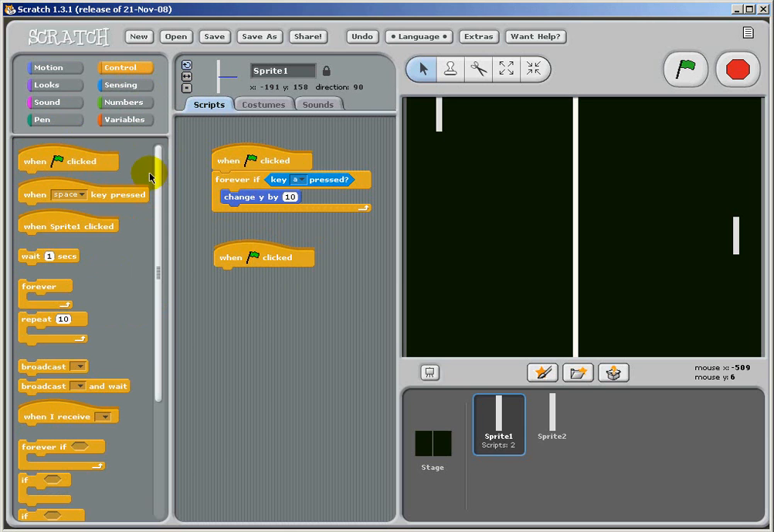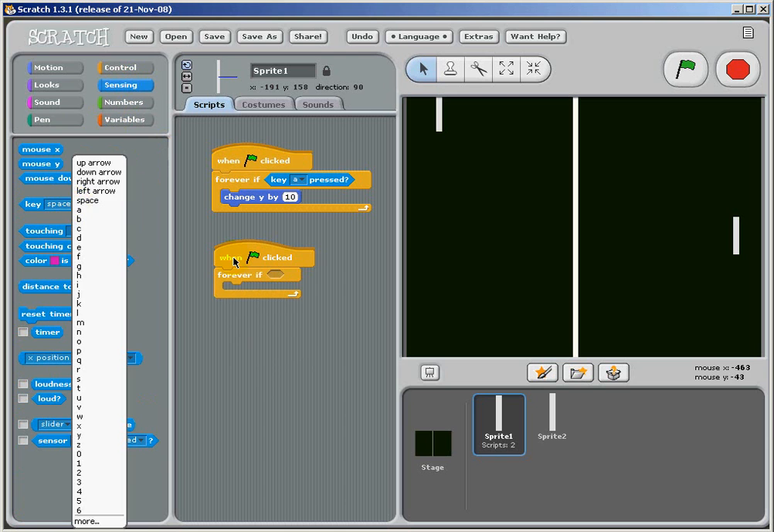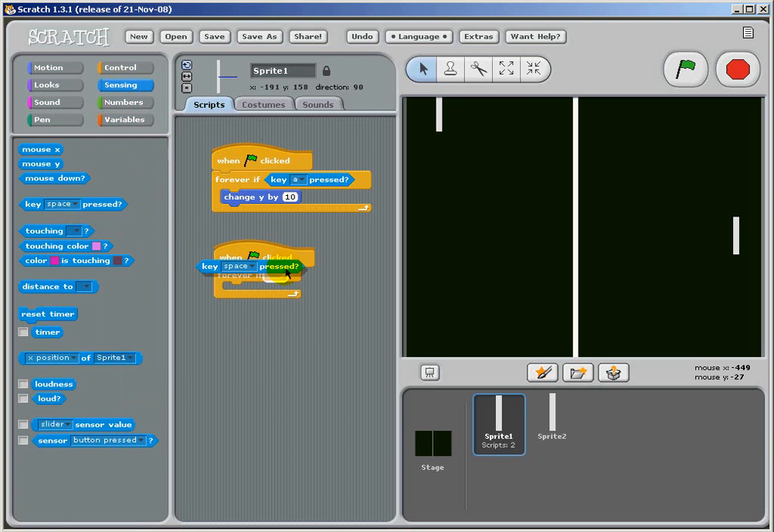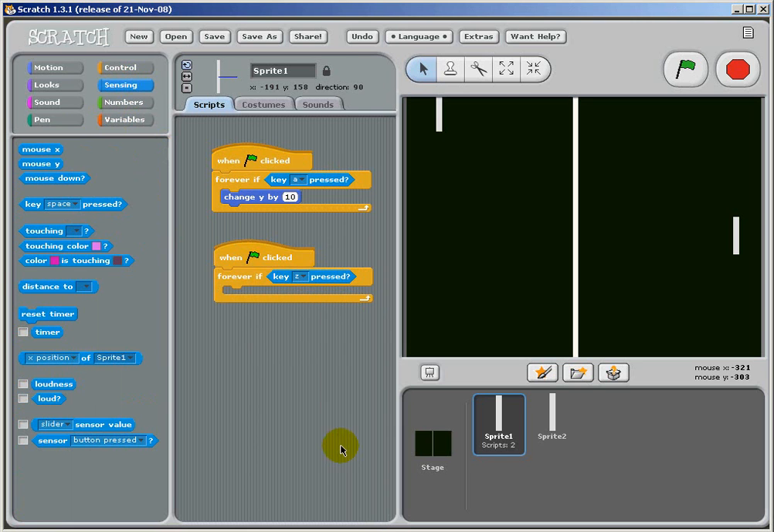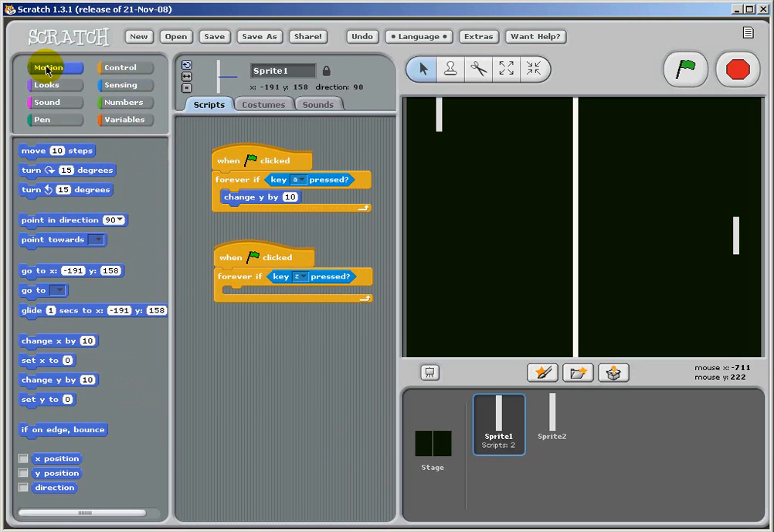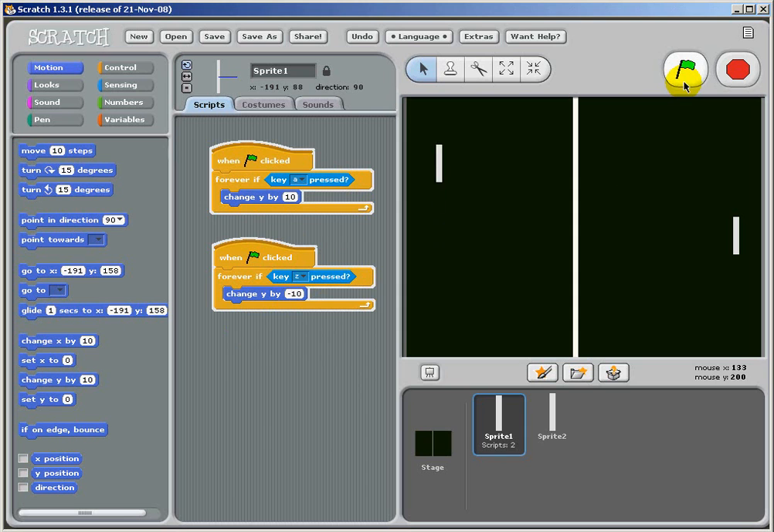Okay, so when that was clicked, let's grab another forever if into there, and let's go to our sensing, and we've got when the, let's drag that over even. When the Z key is pressed, Z, where are you? There you are. And we'll go to motion, and we'll change the Y by, this time instead of +10, we'll have that as a -10, and we'll press that. And now what we have is I've got a Z and an A, which lets me move my paddle up